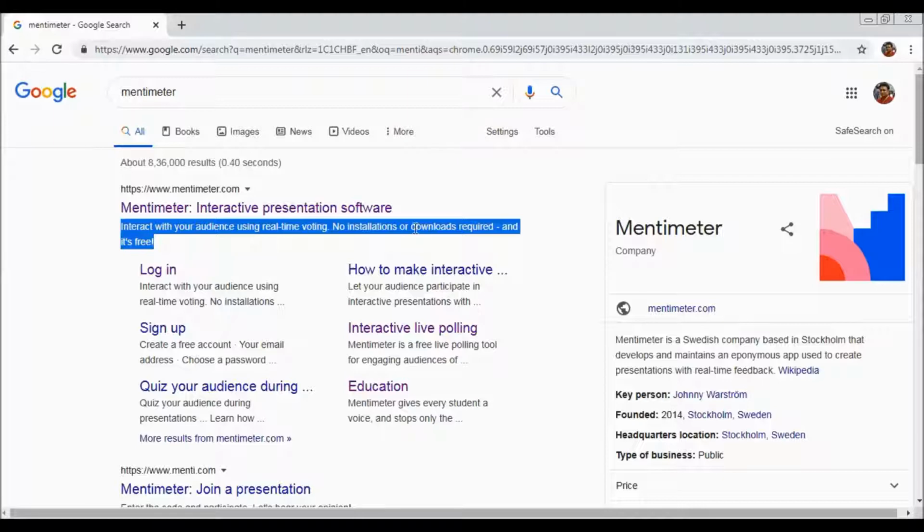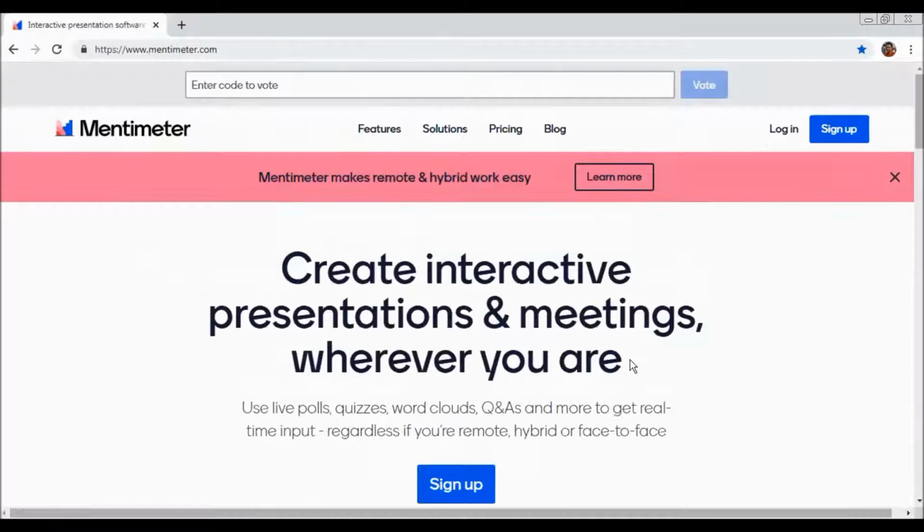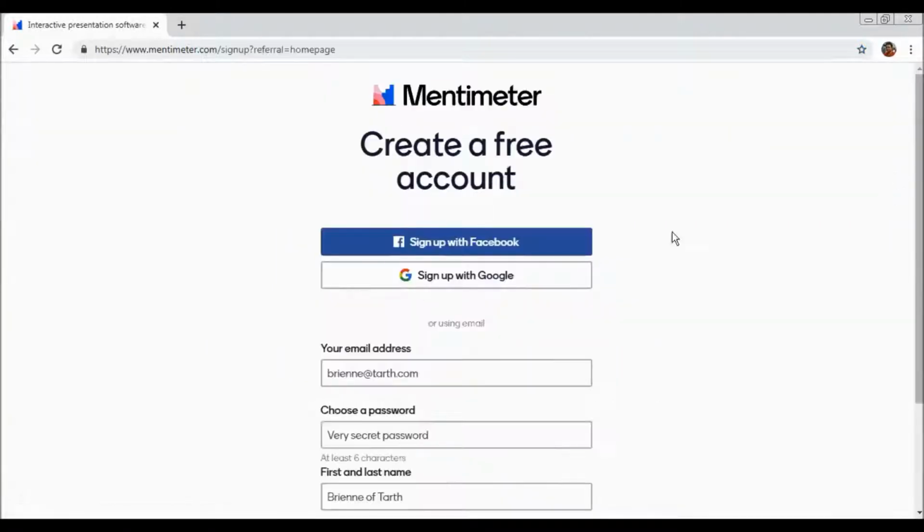So let's begin. Let's understand what exactly is Mentimeter. You reach the Mentimeter site, this is the page. So if somebody else is presenting and you are part of the audience, the site will have the respective code. You will have to enter the code and you will join the Mentimeter and you can vote for the respective questions. So if you are new to it, you will have to sign up. You will click on it and you will fill in the respective details.